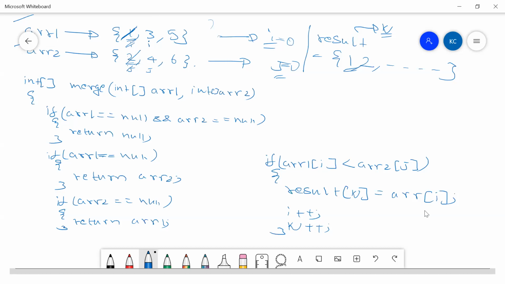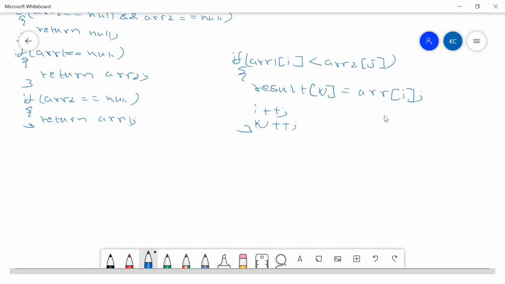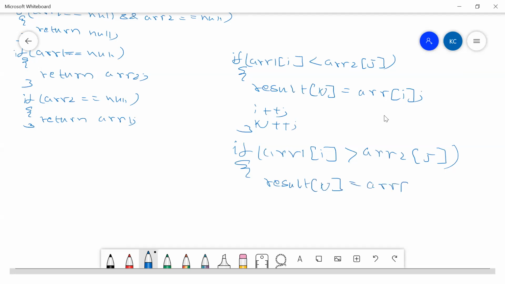So now my second case is also there, guys. What is my second case? If ARR1 of I is greater than ARR2 of J, then result of K is equal to ARR2 of J, and then J plus plus and then K plus plus.